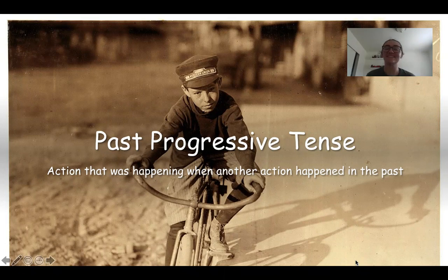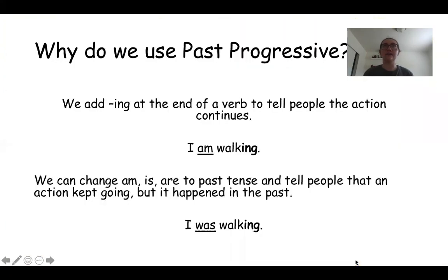Okay, hi students. So today we are going to talk about the past progressive tense. So that just means it's how we talk about an action, something that you do that was happening in the past when another action happened in the past. So even though we're using a progressive verb, right? We use the ing, it just means that what we're talking about when we make it past tense is that all of it happened in the past, right? And it isn't happening now.